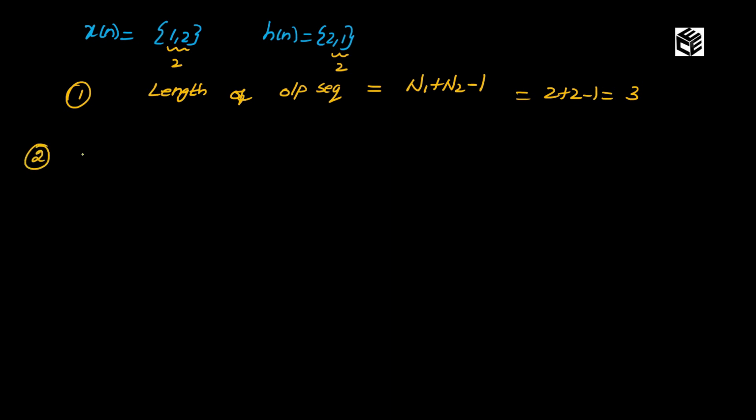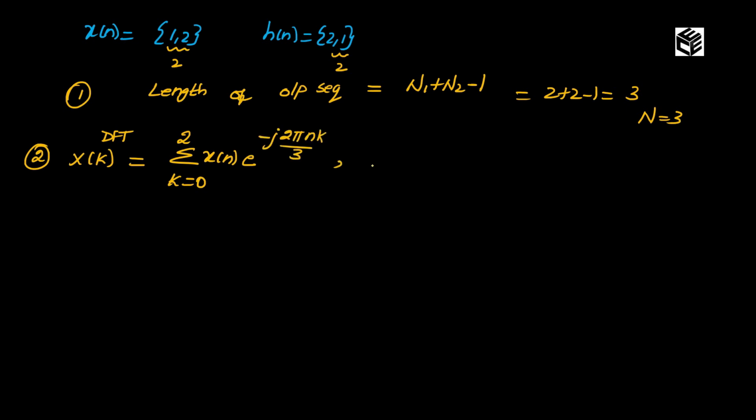Next, what is our next step? We need to find what is x of k, right? So how will you find x of k? Using DFT formula. What is the DFT formula? Summation k equal to 0 to, here the value of n is 3. So I will be taking n is equal to 3. So I will be taking k is equal to 0 to 3 minus 1. That is summation x of n e power minus j 2 pi nk divided by 3 for n is equal